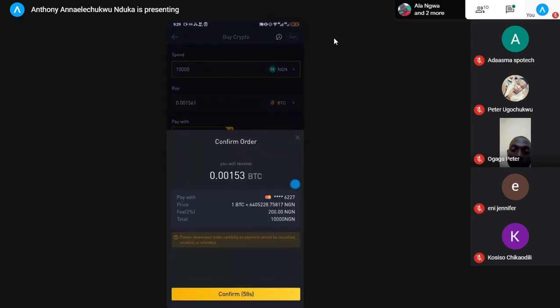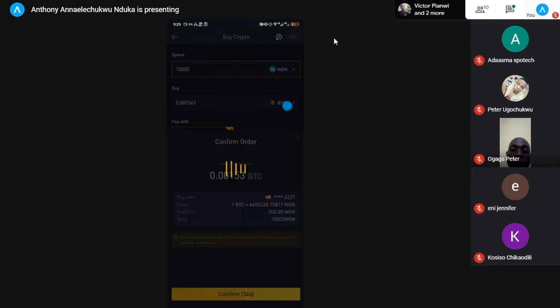Once I click on next, it takes me to this page, which tells me to review the amount I want to buy and the rate at which it is being sold to me. Here, it's sold to me at 6 million Naira, 400 and something thousand Naira per one BTC. And the fee they are going to charge me for running this transaction is just 2%. Now, because my time is running, I'll just click on confirm. Once I confirm this order,